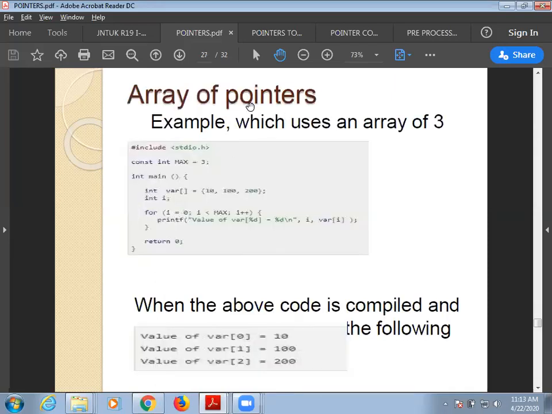An array of pointers, this is another topic regarding pointers. An array of pointers means, so far you have been using only one pointer. If you want to have more than one pointer in your program, you can use an array of pointers. So if you take this particular example,